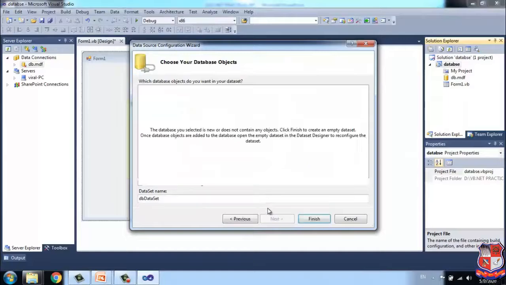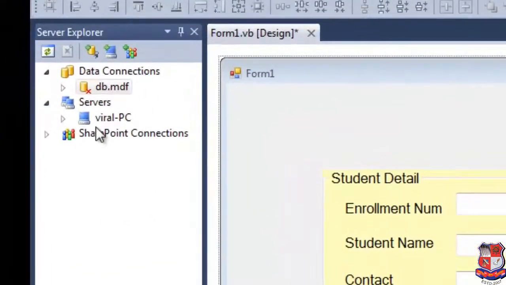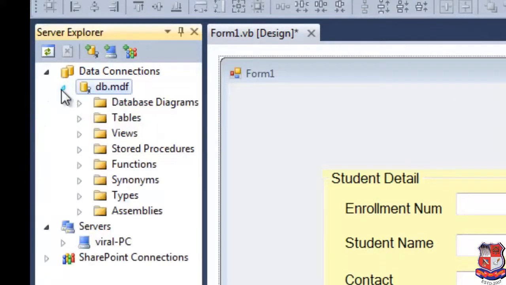Next. Here you can see our database in Server Explorer, db.mdf. Now click on this arrow. Here you can see different controls like database diagrams, tables, views, synonyms.